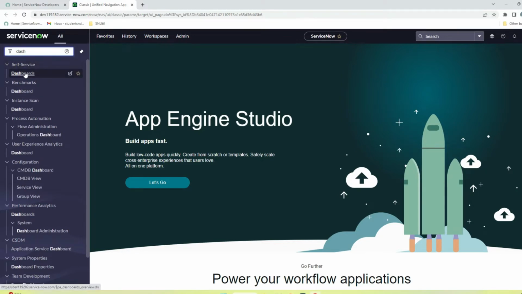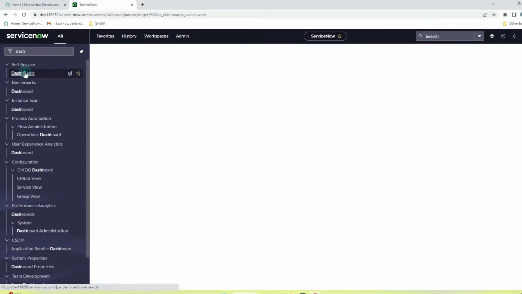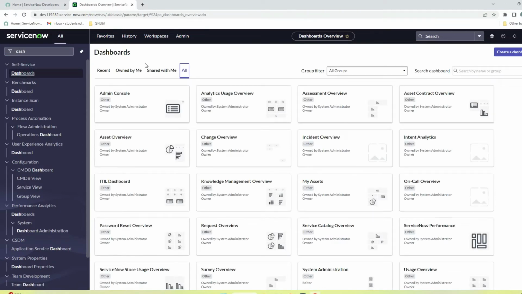Click here, and here is the dashboard model. I am right now selecting all so I can see all the dashboards available out of the box. That means that these dashboards are included in the ServiceNow instance. So let's build a new one, create dashboard,